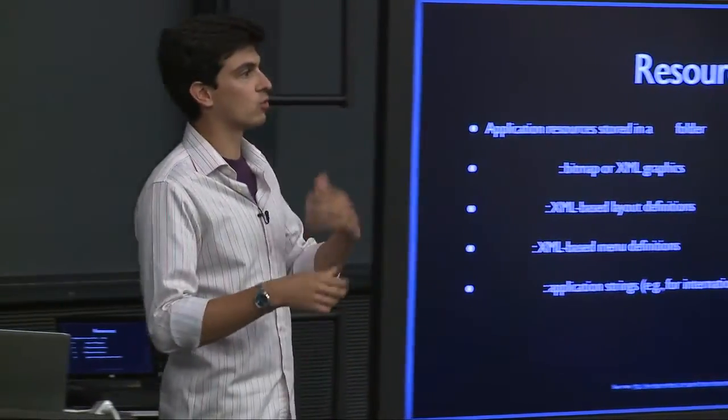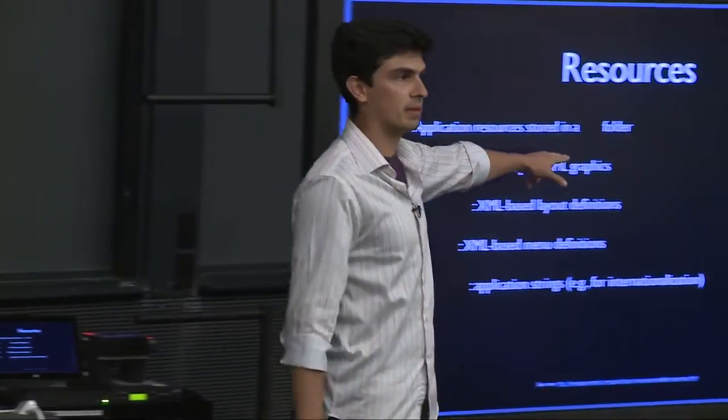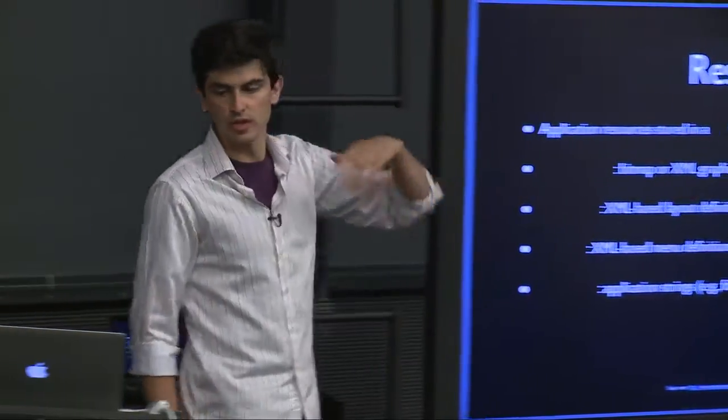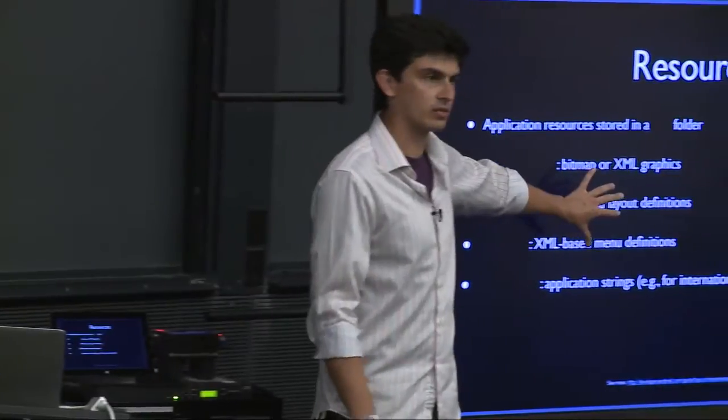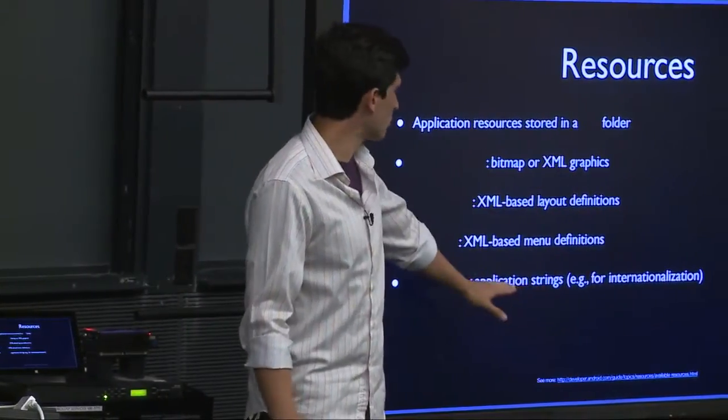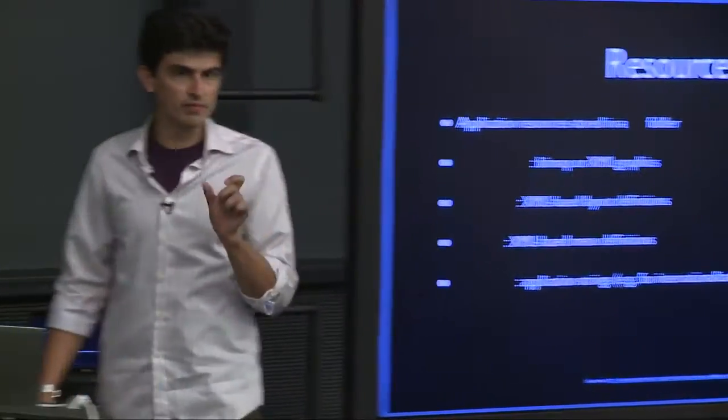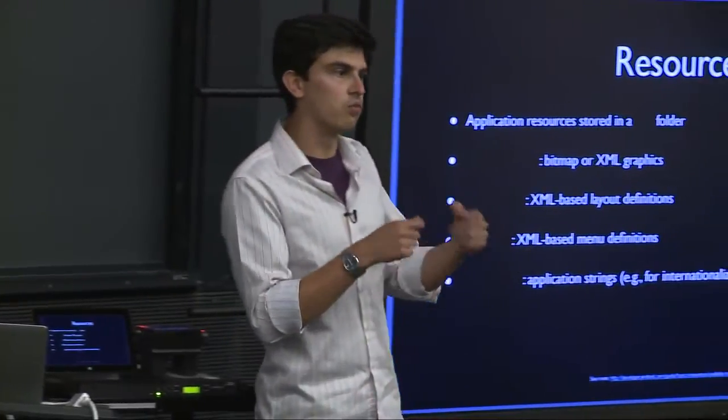Directories that you can include, like a drawable directory, which will include bitmap graphics or XML graphics. And there's also a layout, so that you can actually add layout information in XML form, or you could also add menu definitions in a menu directory as well. And what's really neat about this set of directories is that not only can you localize strings, but also you can modify the name of the directory itself to give a hint to the OS of what sort of resources